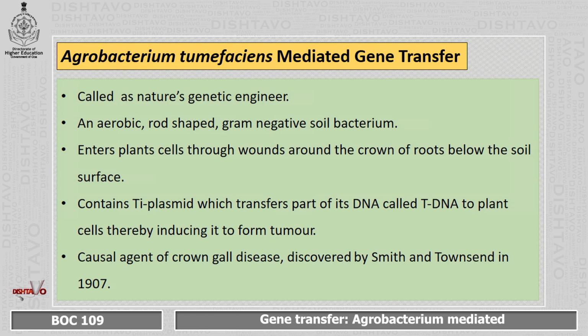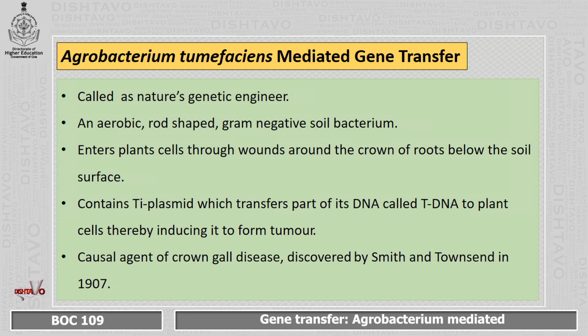Now, we will see one of the biological methods in detail, that is Agrobacterium mediated gene transfer. Here we use the species tumefaciens. There are different species of Agrobacterium, but here for the gene transfer method we are using Agrobacterium tumefaciens. This particular bacterium is known as nature's genetic engineer, because naturally within itself it has a natural ability to infect the plant cells and transfer its DNA to the plant cell. This is its natural ability.